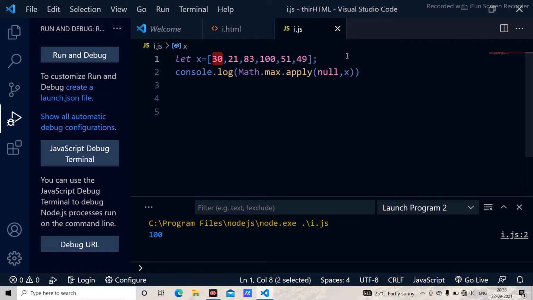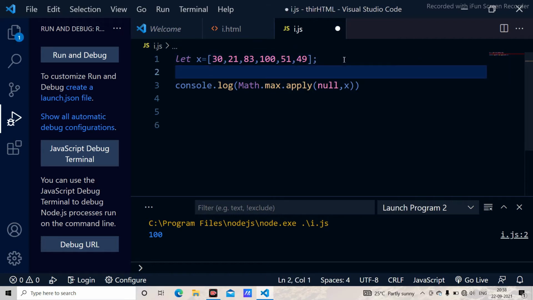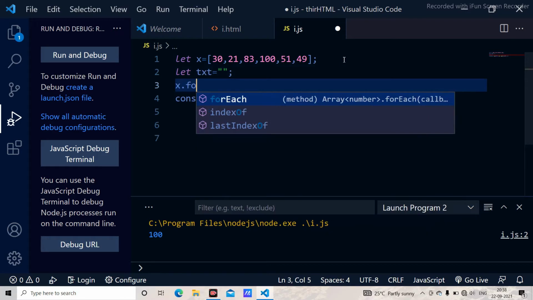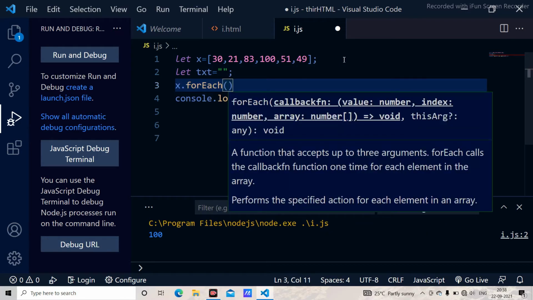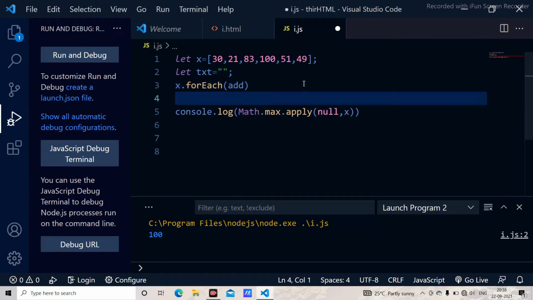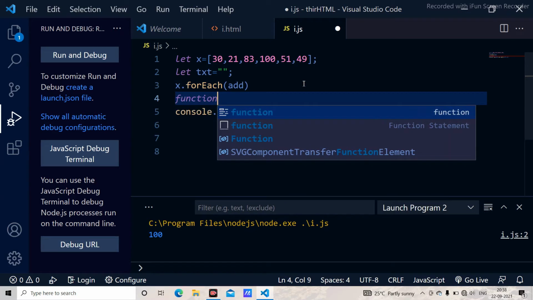For example, here we have an array, and next I use a blank text. Let text equal to some blank value, and next I use x.forEach. When I use forEach, I have to use a function. I use a random function like add, and I have defined the function add.